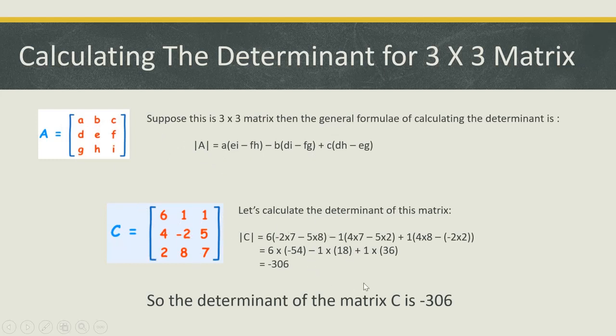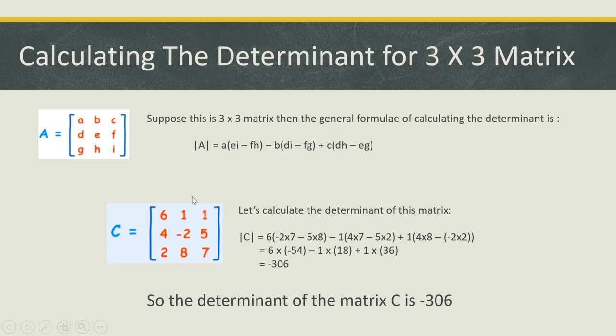As you can see here, suppose this is a matrix C. Here if we take 6, then this would be the 2 by 2 matrix for it. So 2 minus 2 times 7 minus 5 times 8. Similarly for this we do minus 1, ignore the second column and the first row. We get the 2 by 2 matrix as 4 times 7 minus 5 times 2, and by taking this one